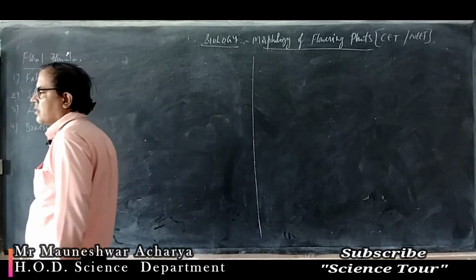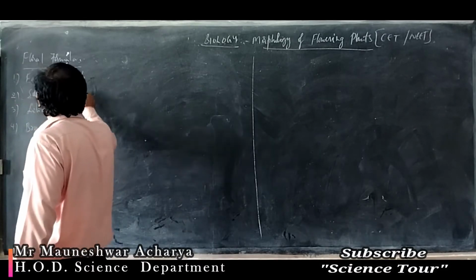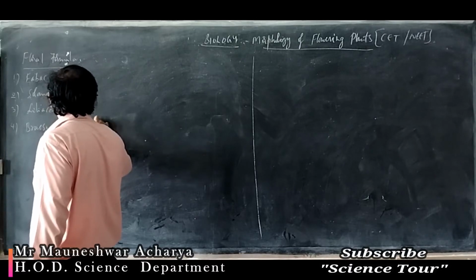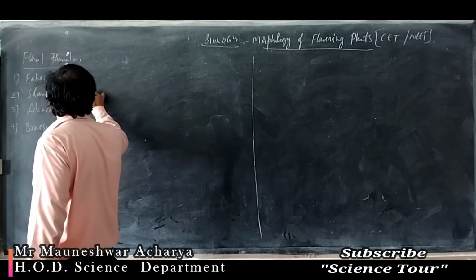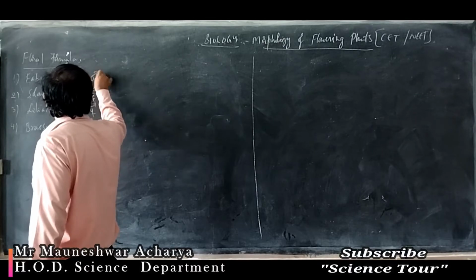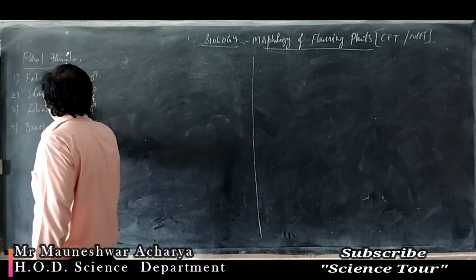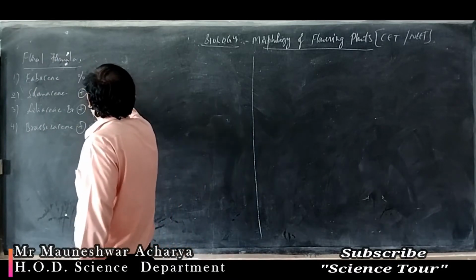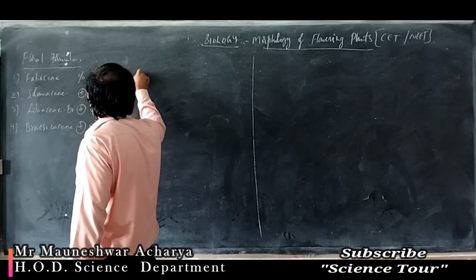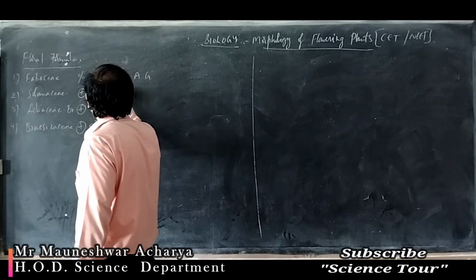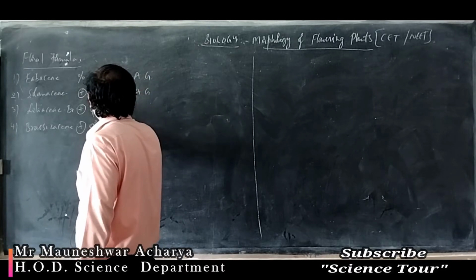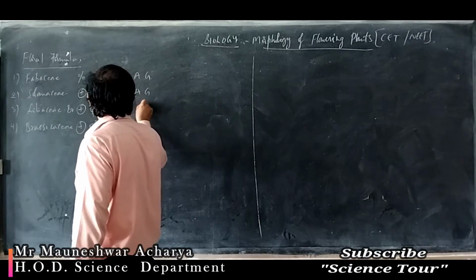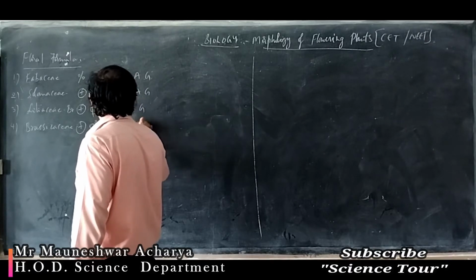Only Fabaceae has a zygomorphic flower; all the others have actinomorphic and bisexual flowers. Only Liliaceae has bract, so I write BR. Then the common thing for all is KCAG, correct? KCAG. Here, instead of K there is a perianth, then A and G.